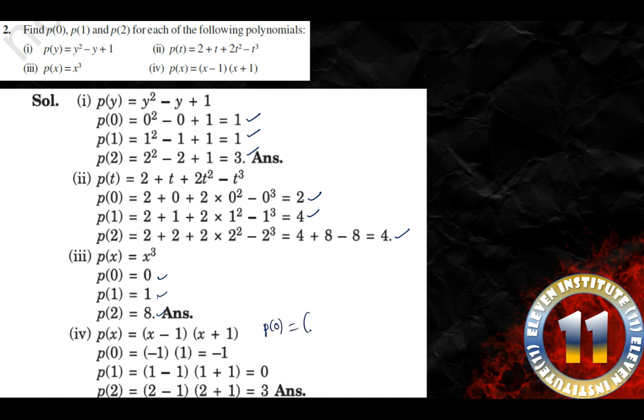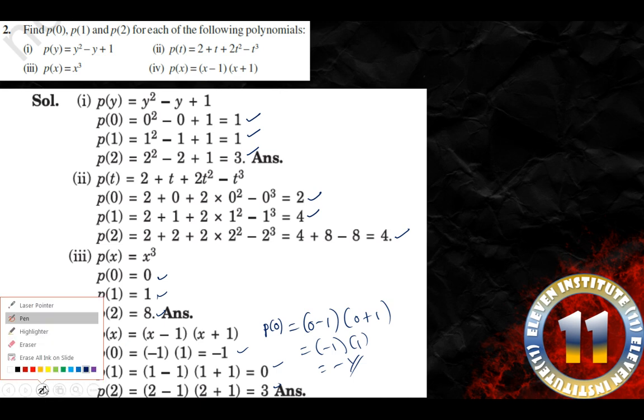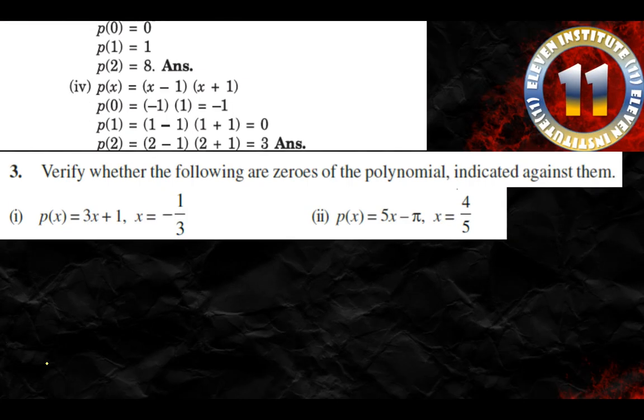P of 0 is equal to 0 minus 1 and 0 plus 1. So 0 minus 1 is minus 1 and 0 plus 1 is 1. Hence, you get this step over here, 1 into minus 1 is minus 1. Right, and again you have three answers for the three questions over here. So in case you have made any mistakes, please correct them with the solution that is given over here. Once you finish rectifying this, we shall move ahead to main question number 3 of this ongoing exercise.